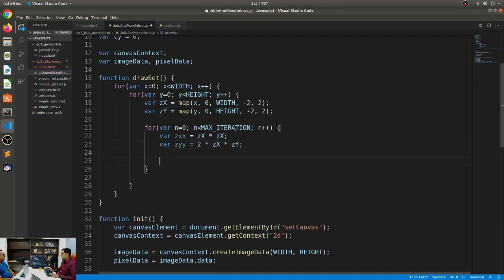So basically a square plus b square has happened over here. A square goes into the a component and 2ab goes into the b component. What happened to b square then? Is it zx plus zy into zy? Hold on, I'm trying to think about this. I think you're right. I don't know, I'm just asking. I'm not sure.